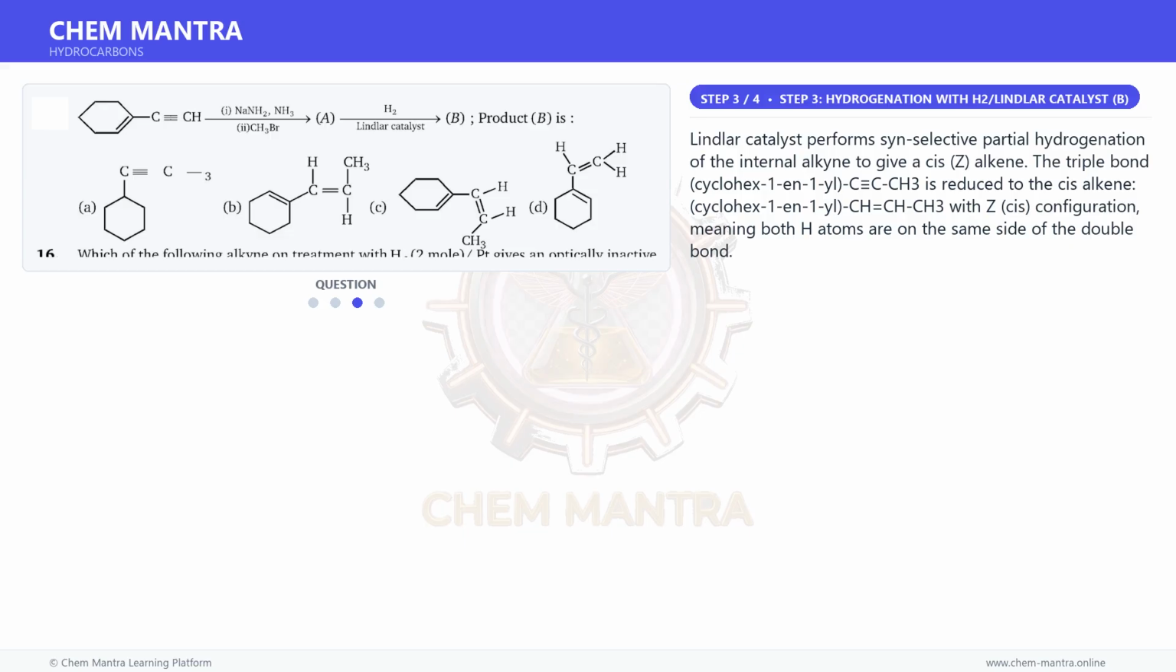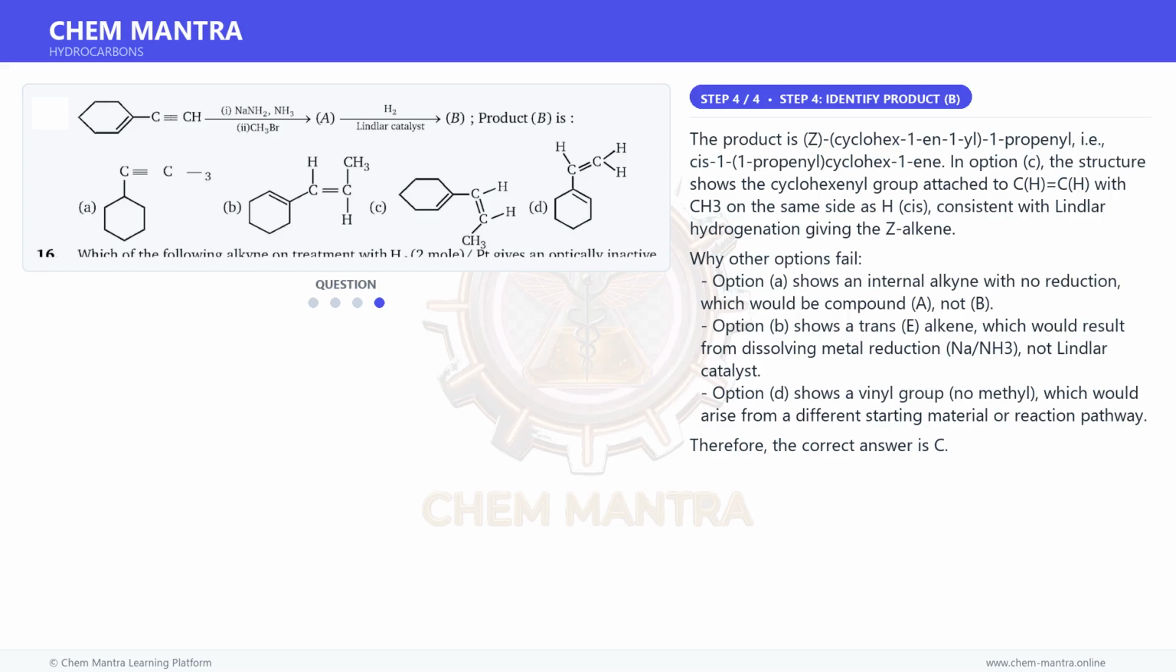Moving on to the next step. Lindlar catalyst performs syn-selective partial hydrogenation of the internal alkyne to give a cis, Z alkene. The triple bond, cyclohexenyl-C≡C-CH3, is reduced to the cis alkene, cyclohexenyl-CH=CH-CH3, with Z, cis configuration, meaning both H atoms are on the same side of the double bond. And for the final step, the product is